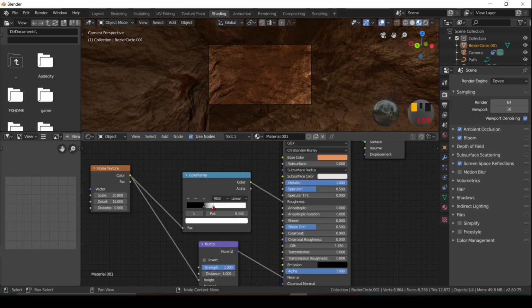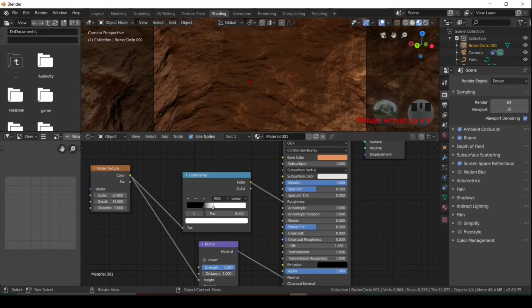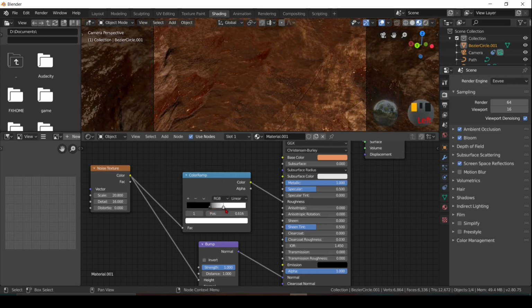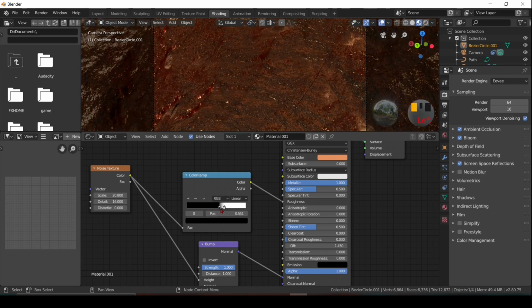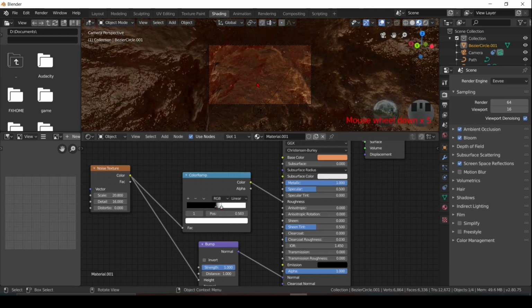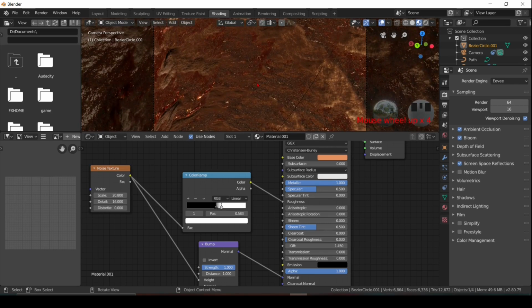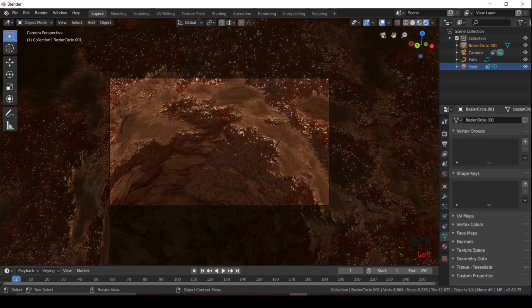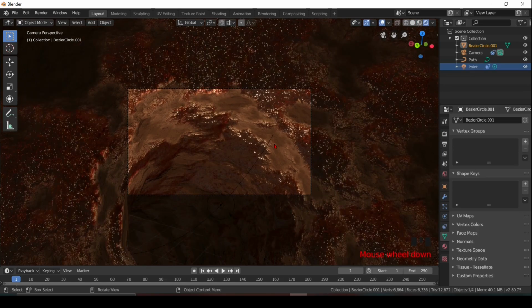Play with your settings. Come back to your layout and see in the render view.